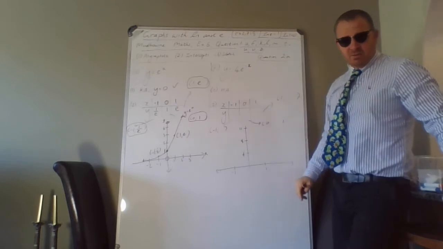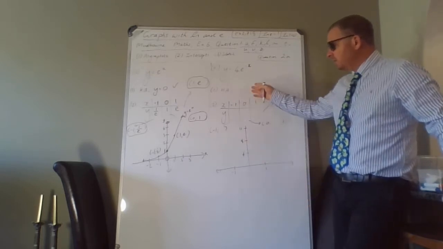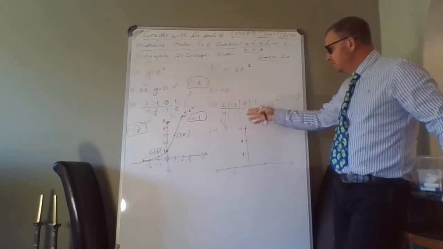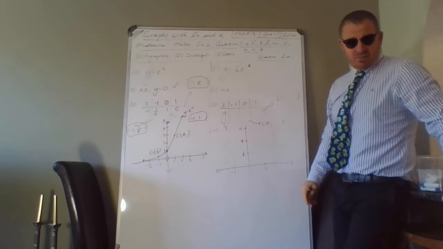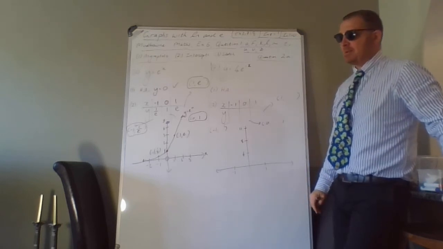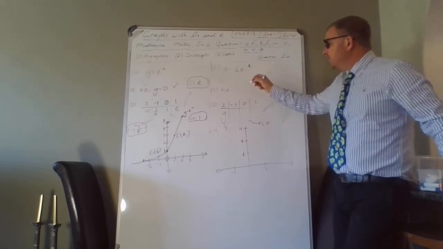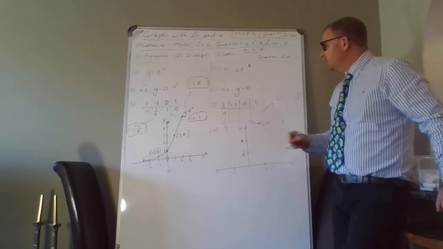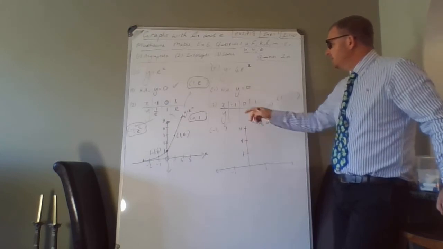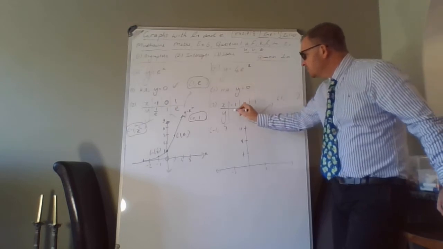Go sketch y is equal to 4e to the -x. Give it a go. Do your horizontal asymptote, do the table, you've got your 3 points, draw it. Let's label it once again in terms of e. Okay. So, your horizontal asymptote, well, there'll be no vertical shift, so it's still going to be y is equal to 0. When x is equal to -1, you're going to get 4e to the 1, which is just 4e,